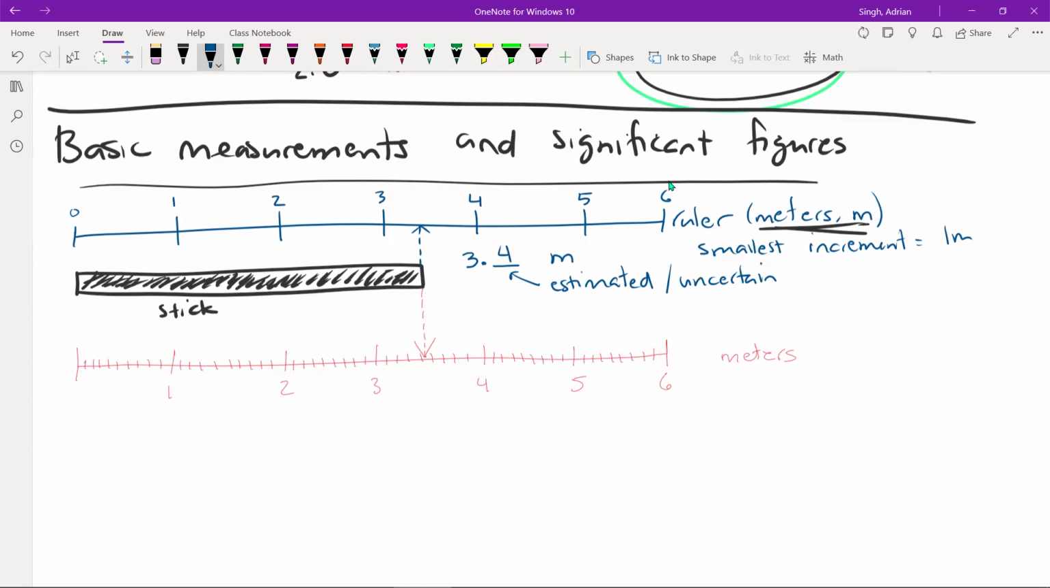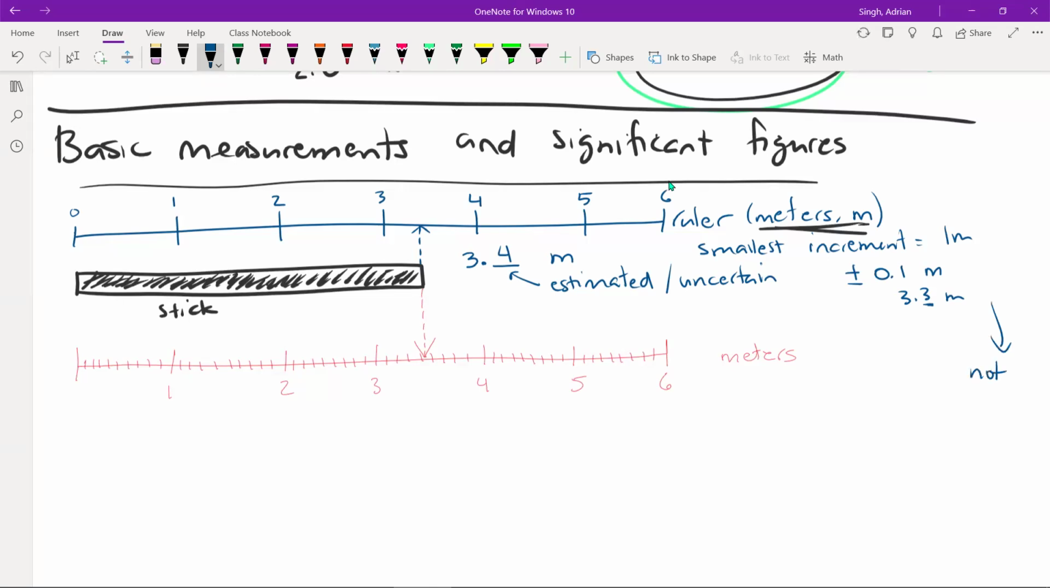So with this particular ruler on top, we can estimate to the 10th place. So we can say the uncertainty there is plus or minus 0.1 meter. So that means somebody else making this measurement could perhaps say it's 3.3 meters, right? Again, where they're estimating that 10th place. What you wouldn't want to say though,